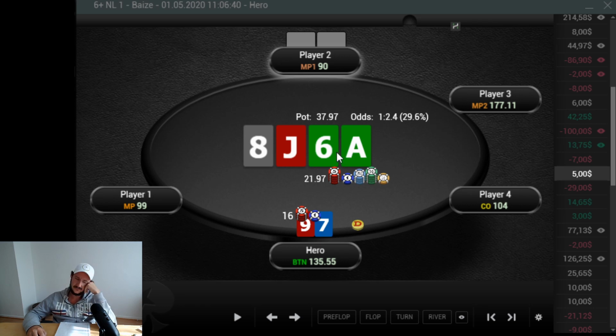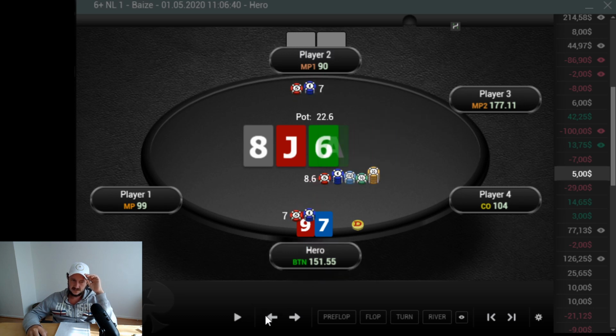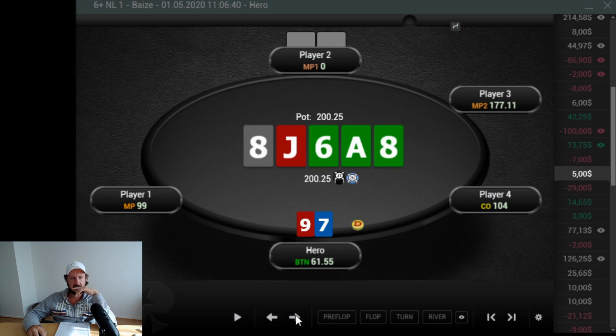I mean, he might go for a call and then can bluff this river, but he didn't have clubs in his hand, right? Like, let's go to the river here. I have a club here. So this would be a good candidate, I think, if you just call the turn and the river pairs the 8. You might consider bluffing this, but of course,